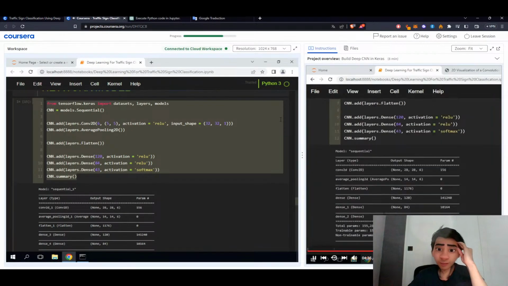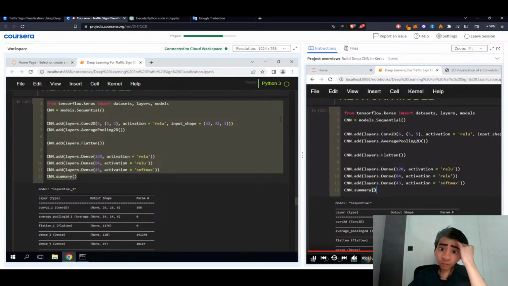The model ran, and now we basically built our model. As you guys can see here, you'll be able to actually see what you've built. So now I have a convolution layer 2D, and there are 156 tunable parameters. And then there is average pooling 2D, and that would be the second tunable parameter. And then I have another fun mini challenge, and that would be a little bit tough one. What I want you guys to do is to basically go here and add an additional